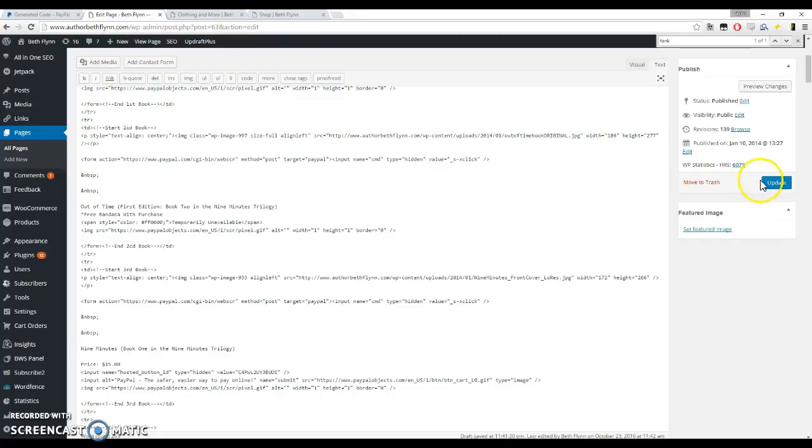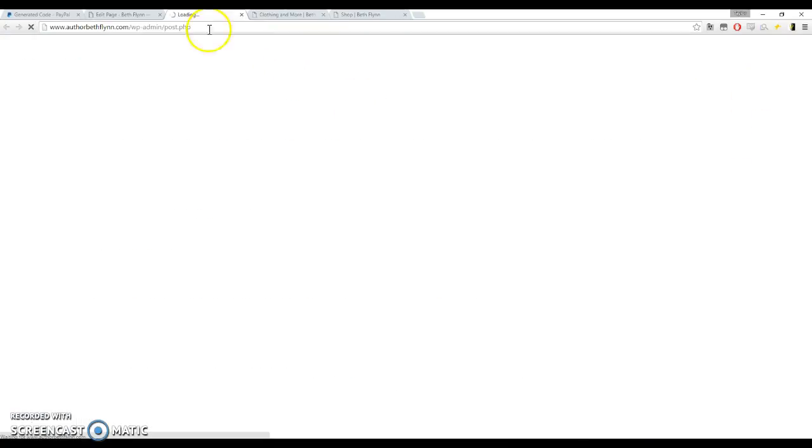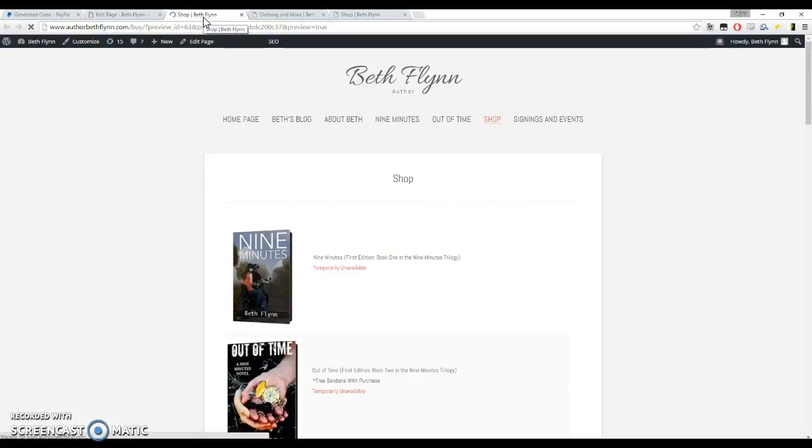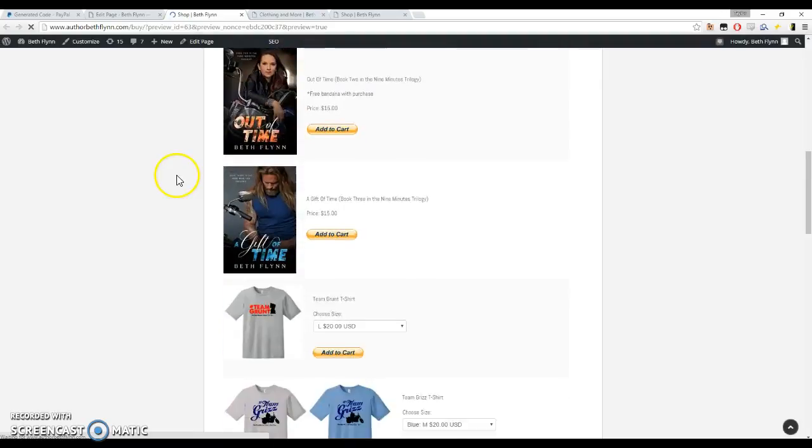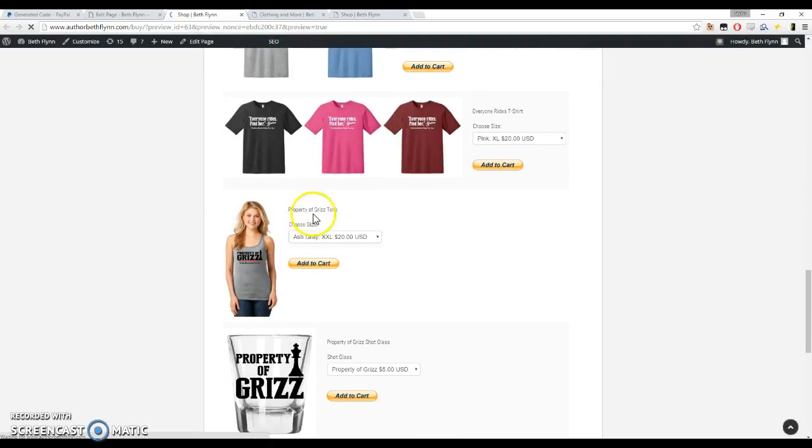But there's no going back once you hit this update button unless you want to recover the entire site. So if something goes wonky here, there's no easy way to recover, which is why I always click preview changes right here. And I don't know if you can see my mouse cursor on this program, but when I click preview changes, it's going to open up your site as the world would see it if you pressed this update button. And so I'm going to scroll down, and property of Grizz tank, choose size, ash gray, and now you